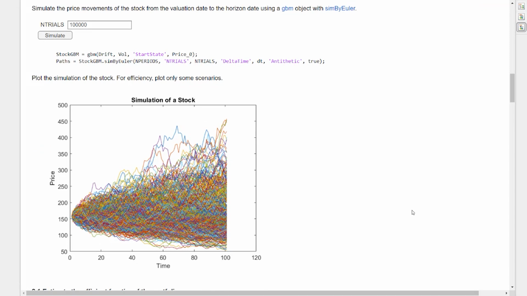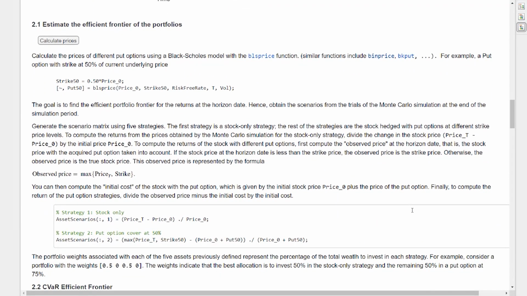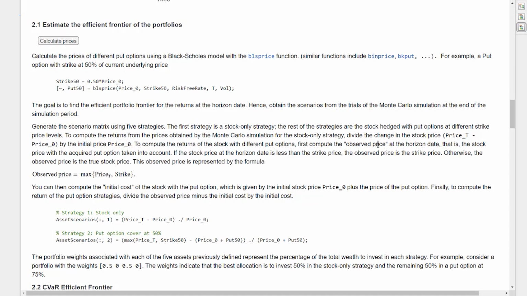Once I have the simulated paths for the stock, I can construct a portfolio using the stock plus a set of put options, which I'm going to price using a standard Black-Scholes model. For the purpose of this example, I'm going to choose 4 put options with strikes at 50, 75, 90, and 95% of the underlying price. And to price them, I'm going to use the built-in function blsprice. Once I priced all the different put options for the simulated paths,